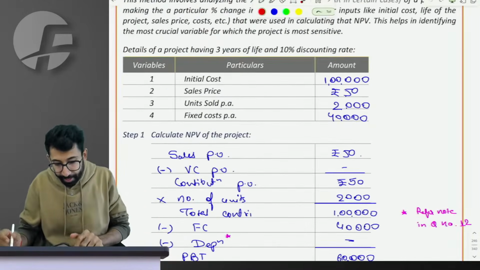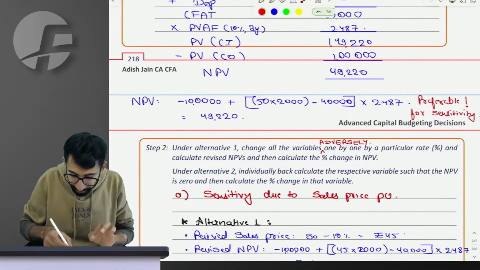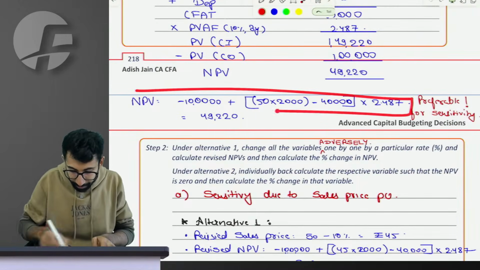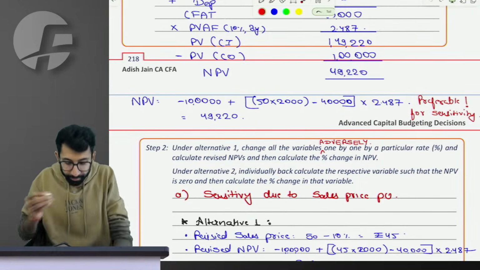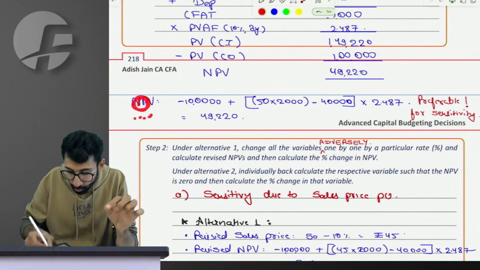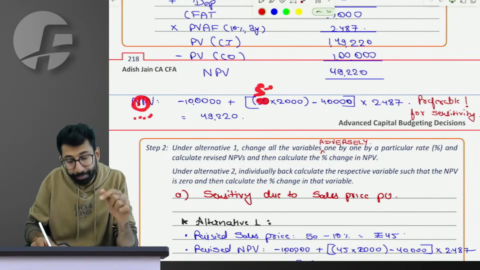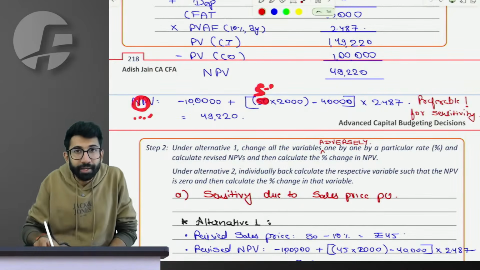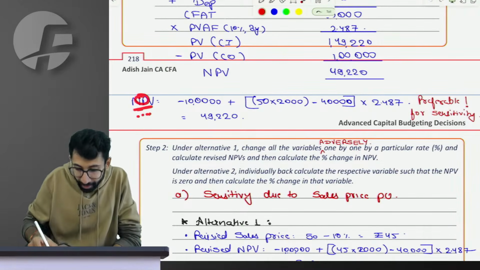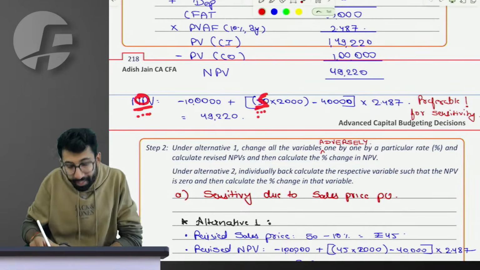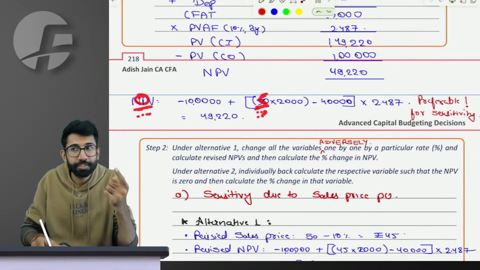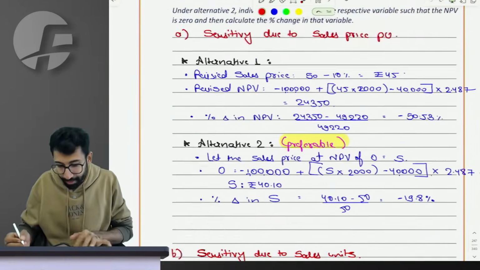So, in the second scenario, what do we assume? We say that right now this is my NPV, correct? If I want to make my NPV 0, how much should the sales price be? That is what I want to calculate. I will say, if I want to make my NPV 0, then how much should the sales price be? That I will have to reverse calculate, and after that reverse calculation, I will teach you the thought process. Just make the calculation once.